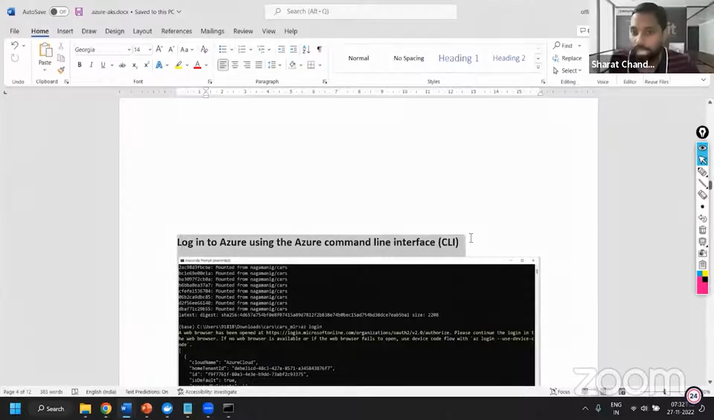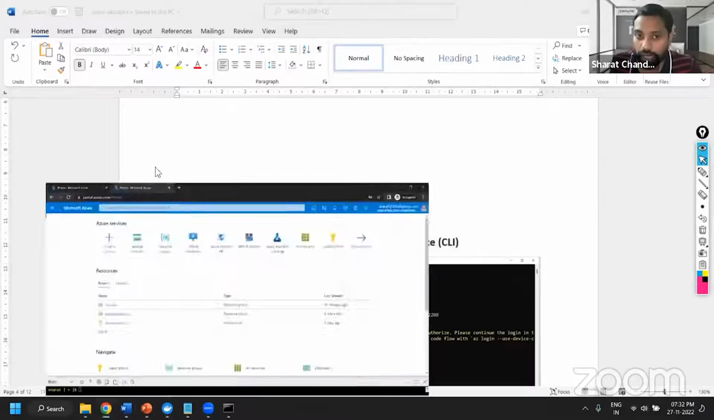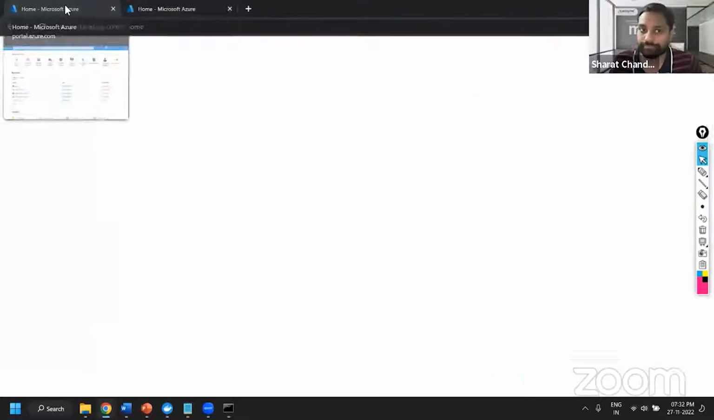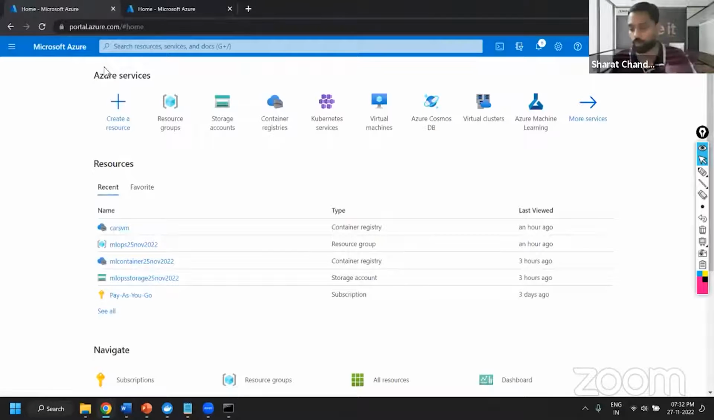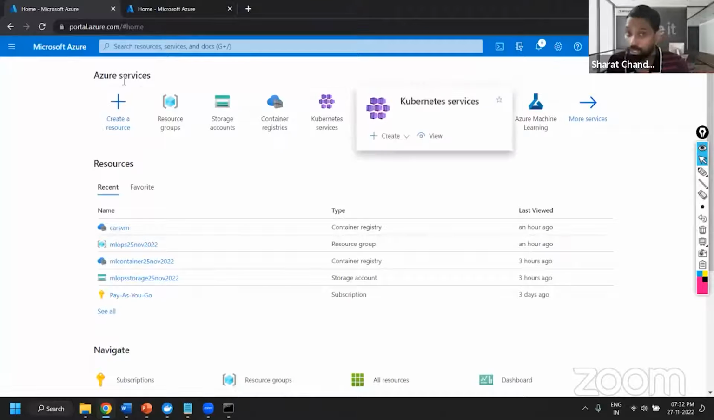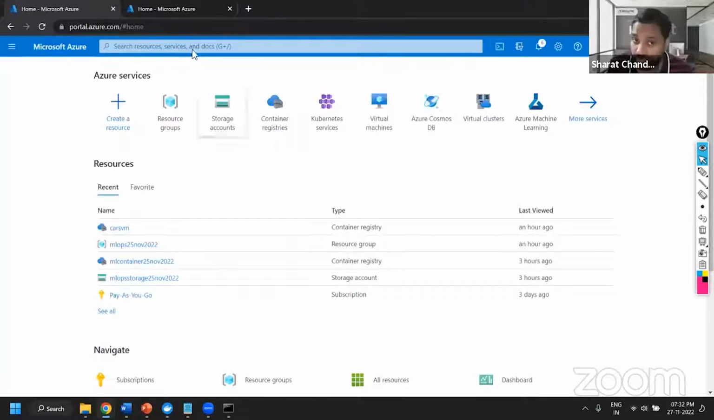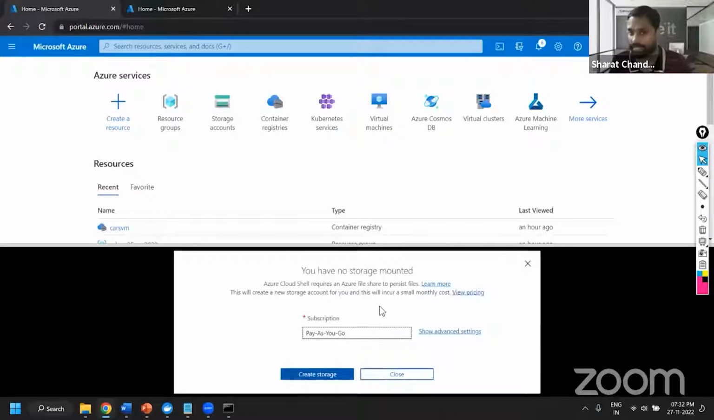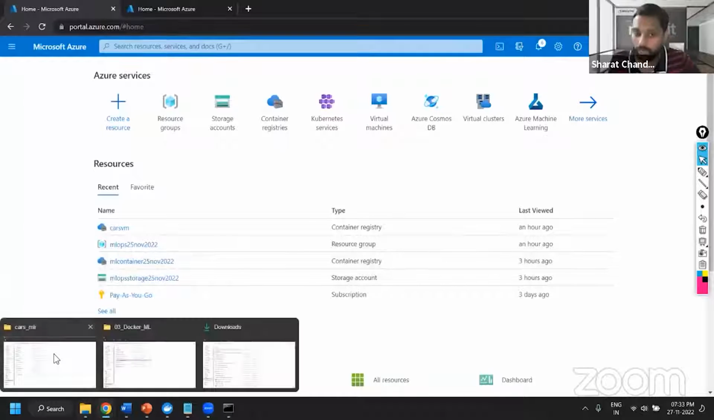Now comes our Azure implementation. Now the Azure implementation can be done using two techniques. One is you can log in directly, and right from portal.azure.com, you can create your resource groups and all that. Using the portal, we will be able to do this, or we can also do it from the Azure command line interface by connecting to the Azure CLI, or we can also try and install